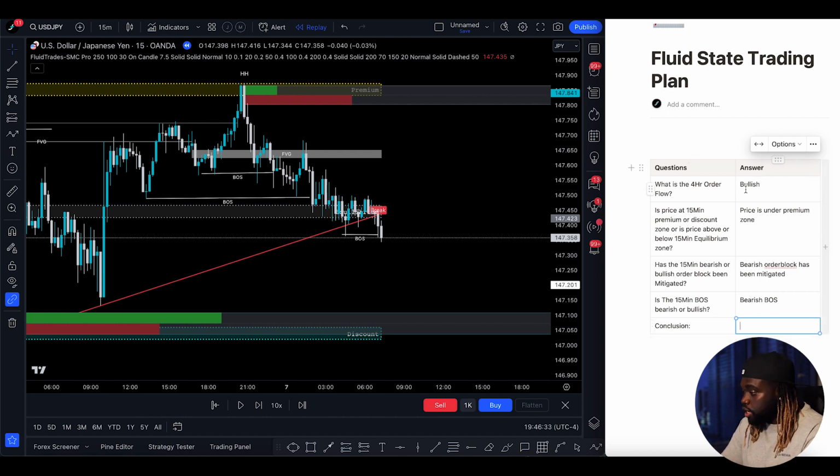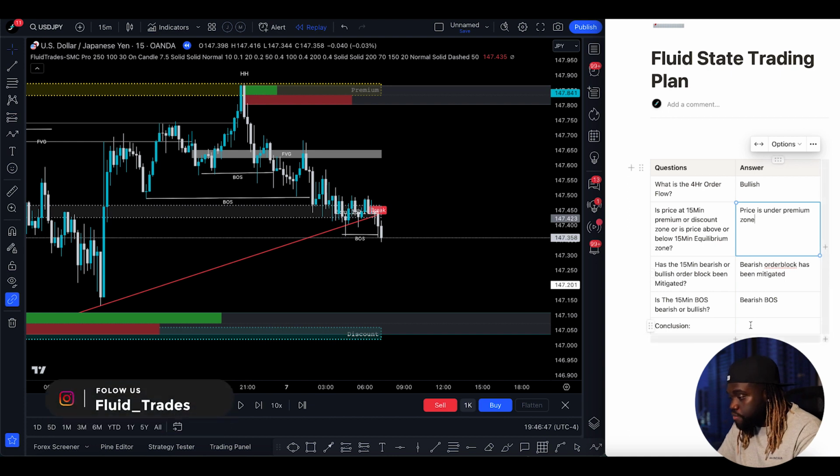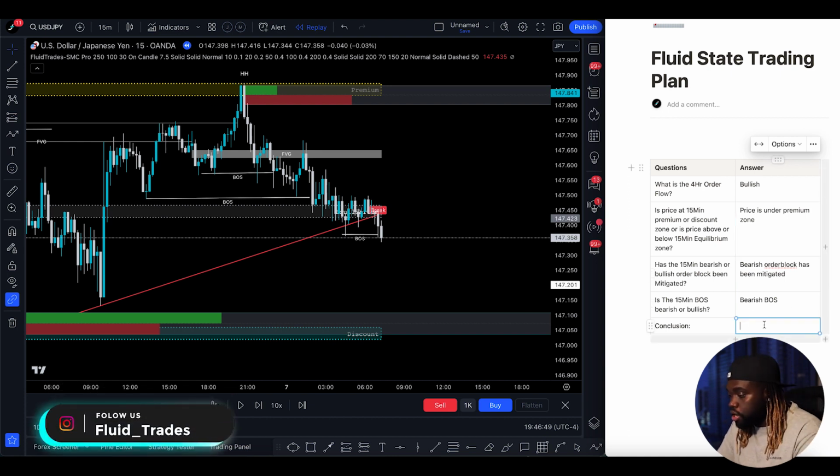Yes, price is bullish on the 4-hour order flow, but we have price under the premium zone, and it respected that premium zone. We had a bearish order block that was mitigated, and we have bearish breaker structure. So in our conclusion, we could say